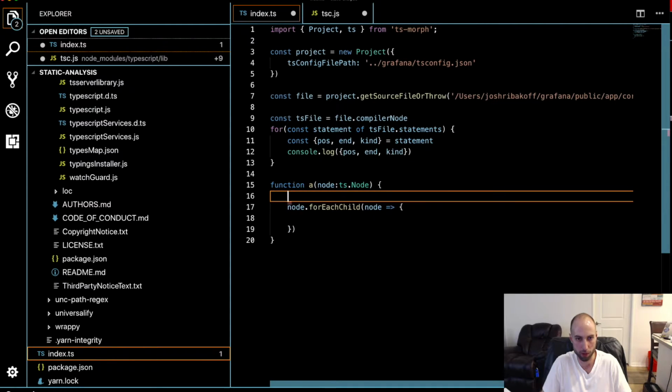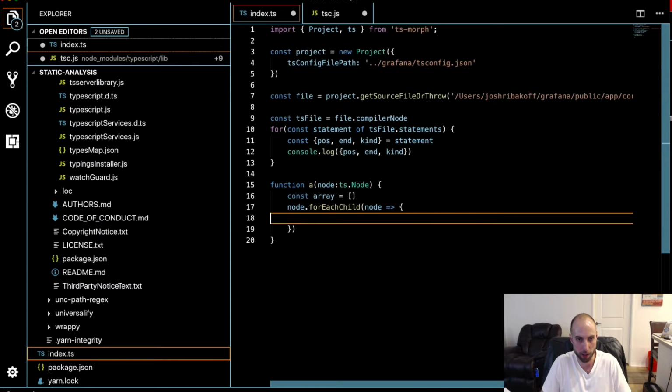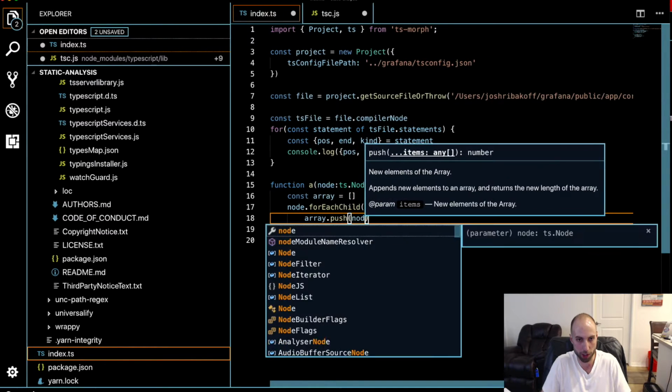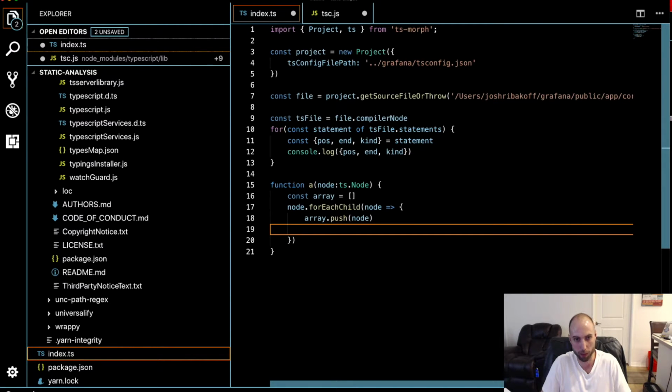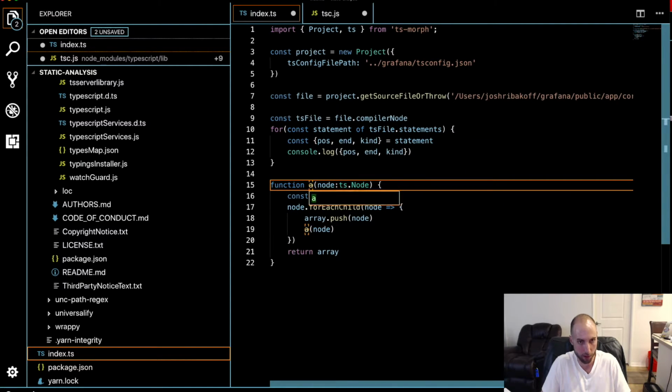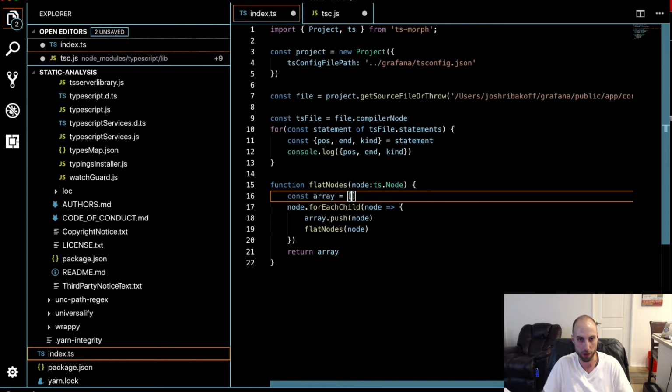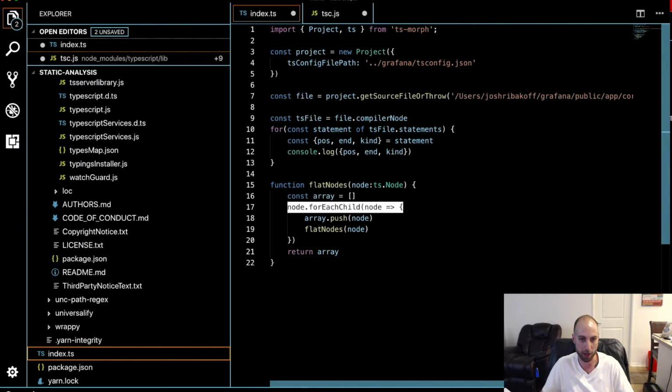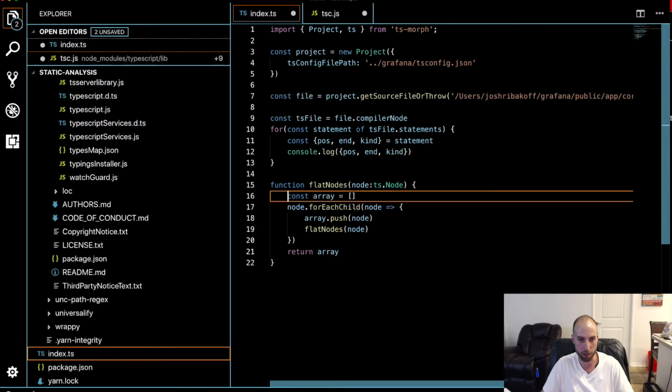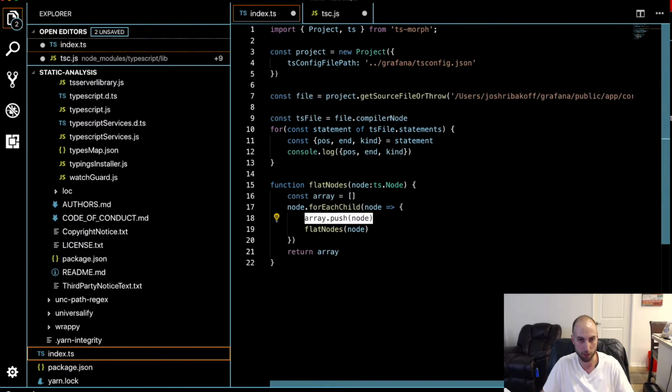What we can do is have an array, push each node into the array, and then recurse on it, and then return the array. We'll call this flatNodes. Taz, what are you barking at? What this is going to do is collect all of the nodes recursively in this array. So we create an empty array, iterate over every child of the current node, and then we get a node. Every time we get a node, we push it into the array, and then we call the recursive function,